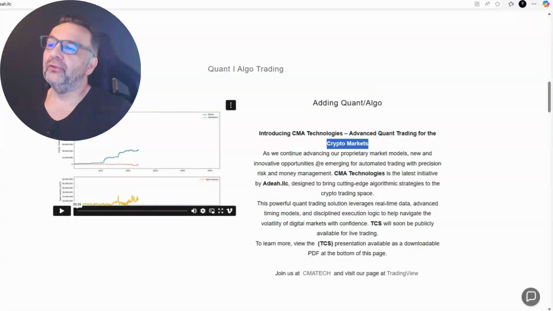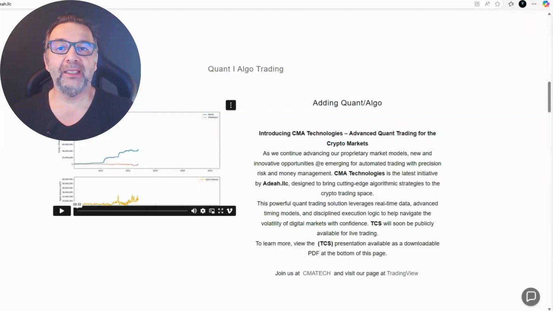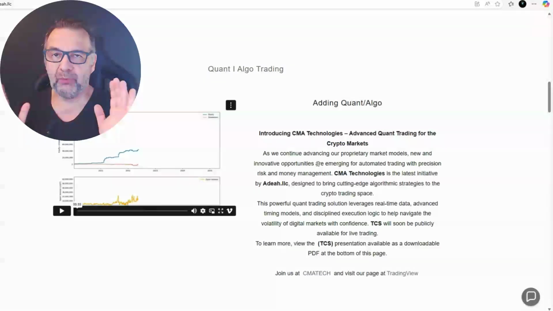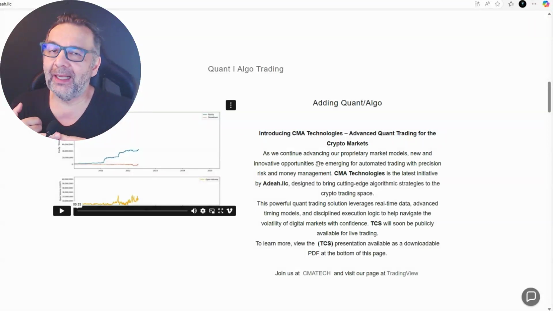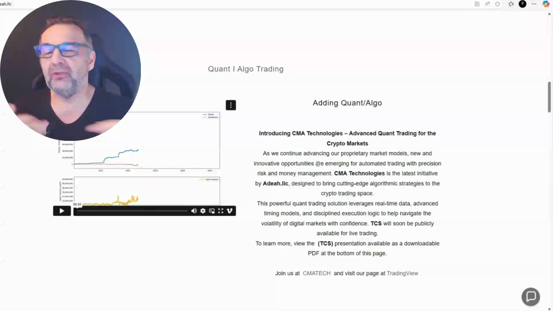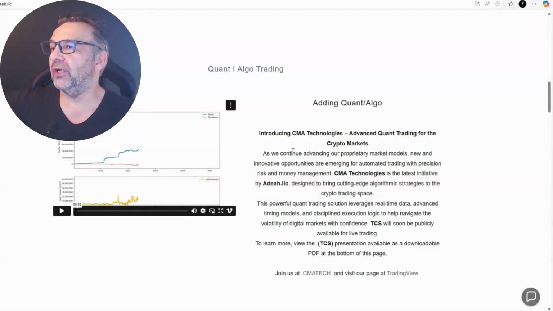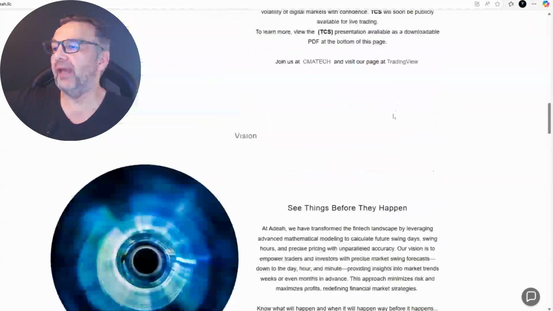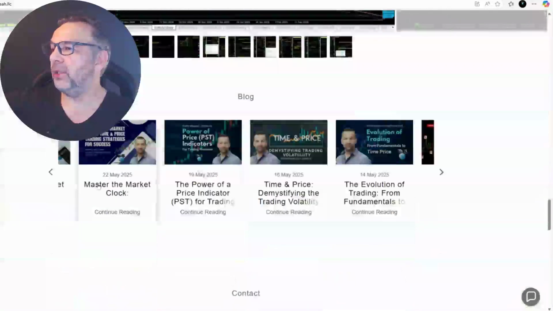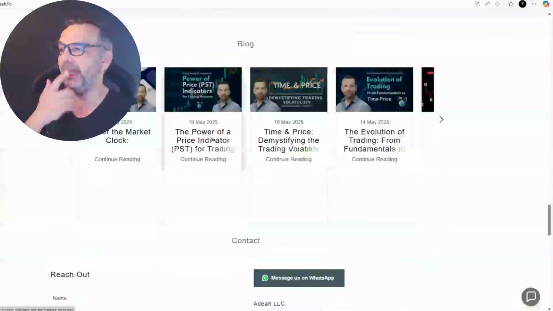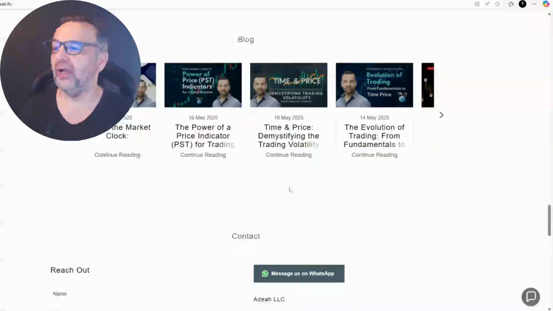Okay, so on top of the timing and pricing, which is actually the crucial stuff, because we want to know when to trade, what day the swing day or the breakout's going to happen, what hours of the day to trade, all of that is going to be really important for us, but this is also a new kind of era for us. And here also at the bottom, you can read a bunch of stuff about the PST, how to trade, time and price, and so on.